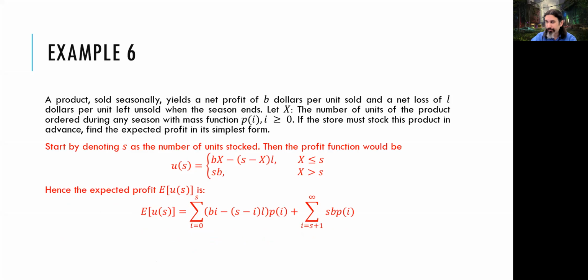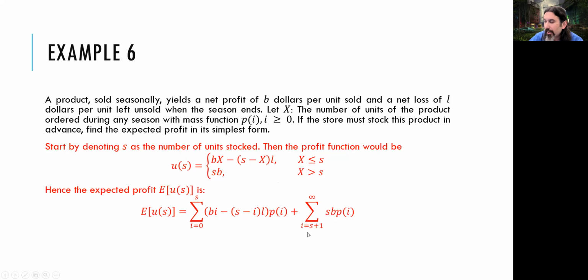Start with the first one, the part where X is less than S. When X is less than S, I have to take the X values from 0 to S, multiply them by all the probability values, and then sum them. This is my function, the gx part. I put gx here, and I put pi, which is my PMF. This is for when i is less than S; it can be equal to or less than S. So I'm going to find it for all i values.